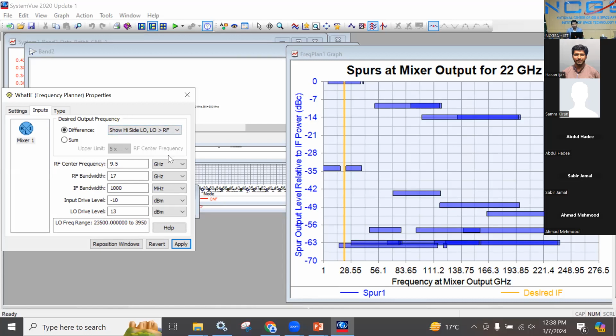But there are complex configurations in superheterodyne as well, where you don't need to go to 40 gigahertz, and you can have a design. People have worked with that as well. So LO frequency will be 23.5 to 39.50 with 1000 mega IF. IF1 centered at 22 giga. So you can see this slot is of